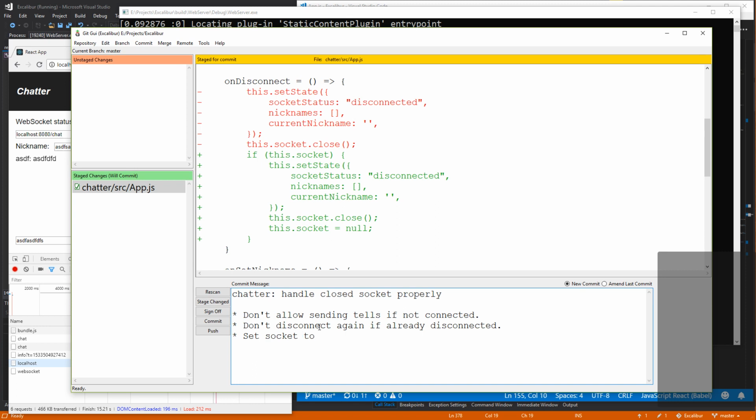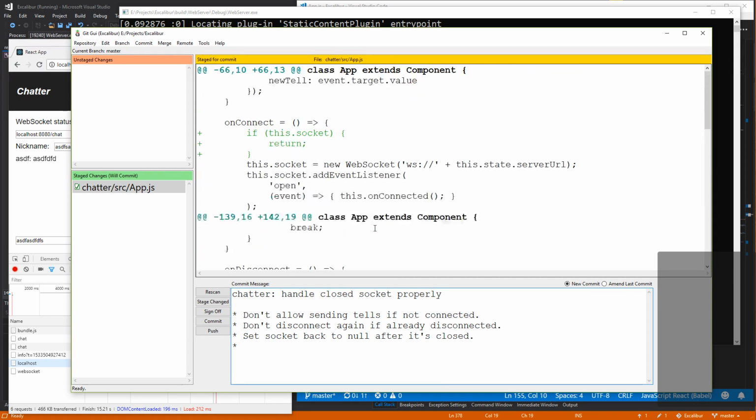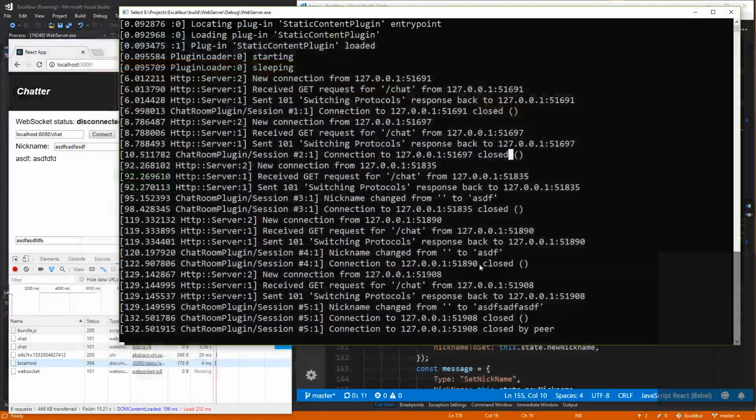Set socket back to null after it's closed. Don't attempt to connect if already connected. Cool. Basic little sanity checks.